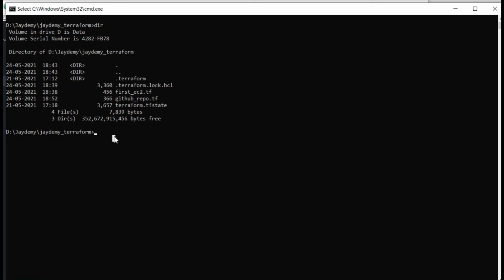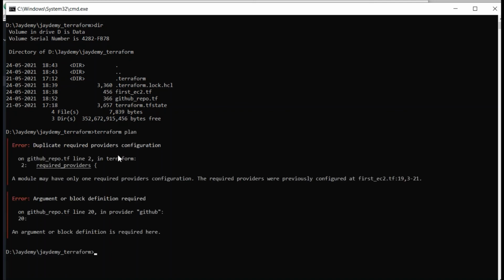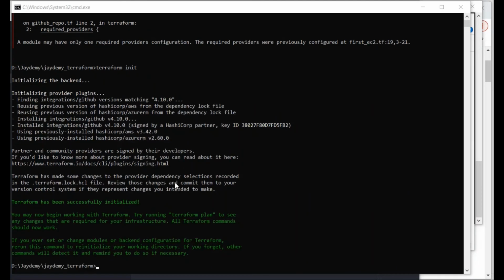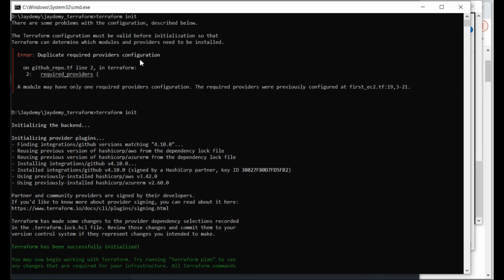So now if I do terraform plan, it will show duplicate required providers. Now you can see the initialization process is successfully completed. Earlier we were getting the error that there was a duplicate required providers.